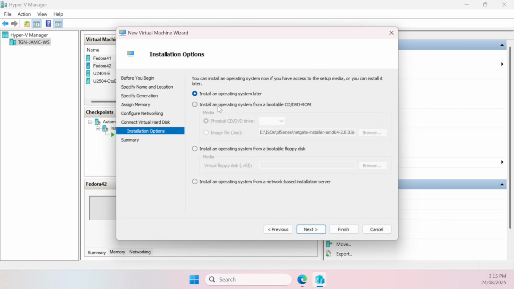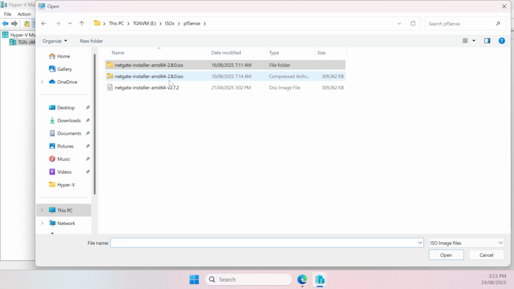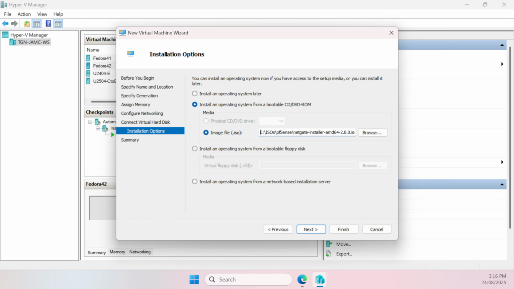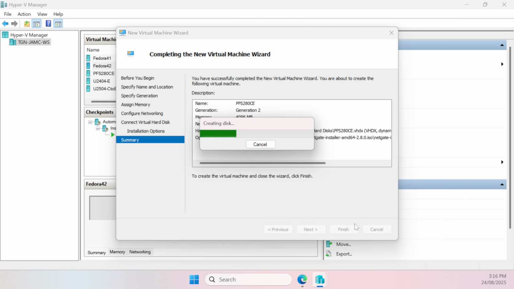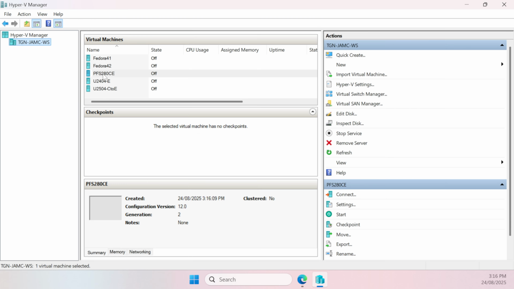And then we choose install an operating system from a bootable CD-ROM and navigate to that extracted gzipped ISO that you download from pfsense.org. So once that's done, you just hit finish, and then you need to make a few configuration changes in